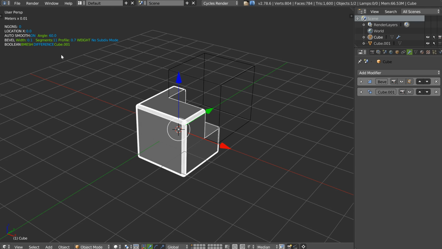If I select this one, I see I have a boolean, I'm on bmesh, I am on difference, and the boolean object is cube001. This one has no boolean or modifier, but I can add a modifier directly. Like this, I know if my modifier is applied directly by selecting my object.